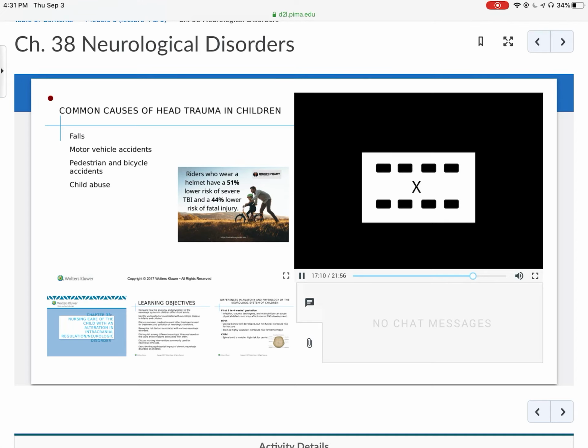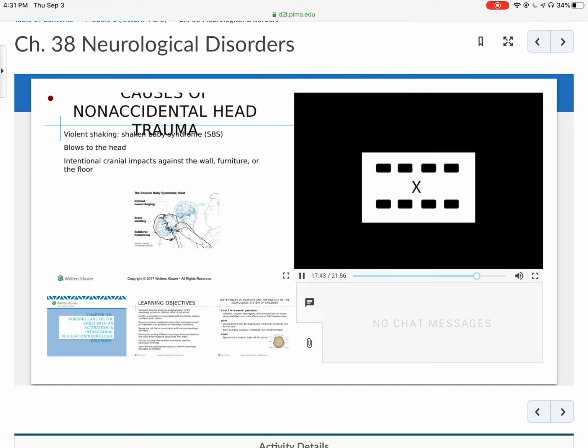Non-accidental head trauma, so somebody is doing something to the kid. So violent shaking, that shaken baby syndrome, any type of blow to the head, when intentional, a kid hitting the wall with their head, furniture, the floor, any type of that, you're going to have some type of head trauma. The shaken baby syndrome triad is retinal hemorrhaging, brain swelling, and then a subdural hematoma. So your hematomas, you have the subdural and the epidural hematomas. And when we think about that, we want to think about that shock to the brain,